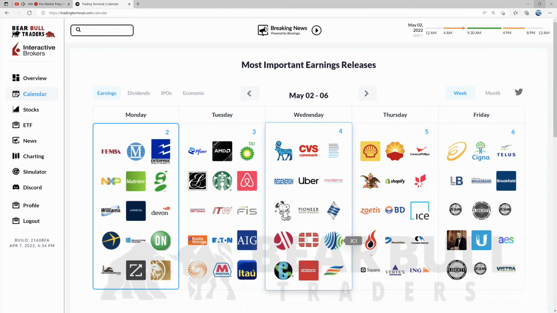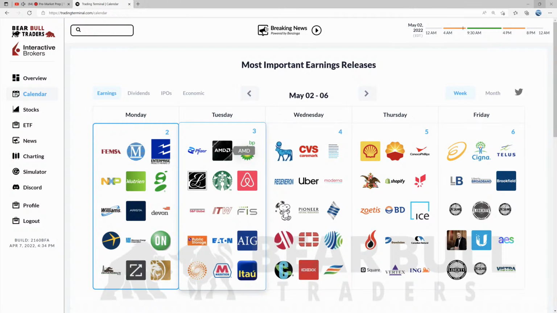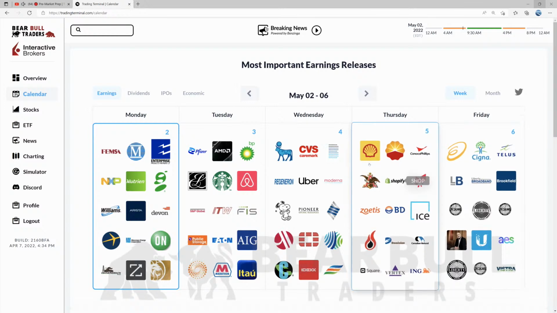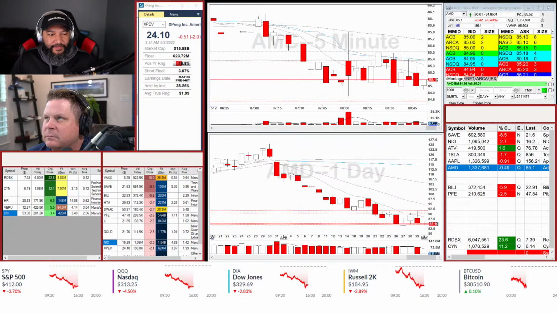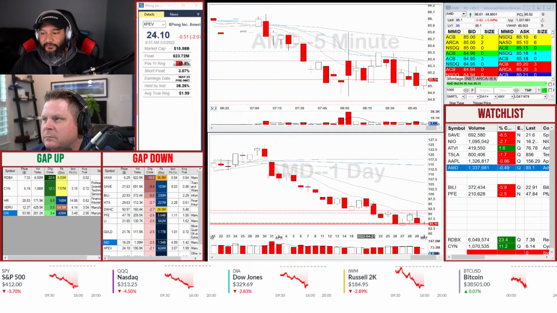A lot of the big hitters happened last week, a lot of big tech stuff. But we still have some interesting names like AMD, Starbucks, and oil. Starbucks is fun on earnings. I've noticed when we trade Starbucks that it tends to do pretty well. Uber and Airbnb could be interesting too, another one in that travel sector, to see how those guys are picking up with everything getting back to normal. There's tons of oil stuff, like you said. That stuff doesn't trade so well though, so I think the most fun of earnings might be past us, but you never know.